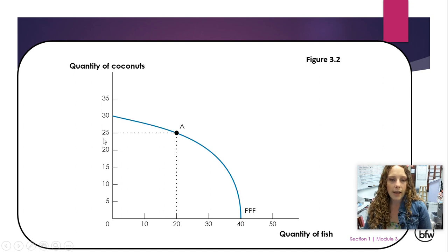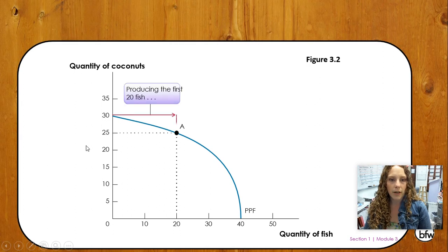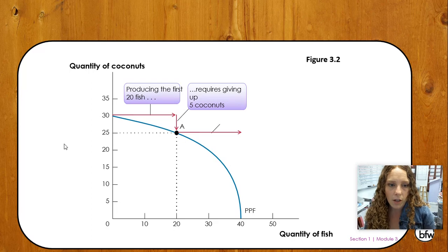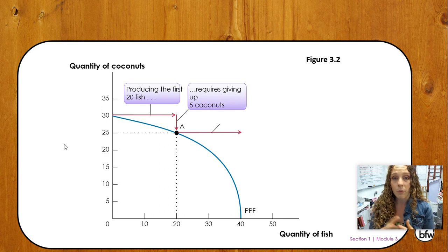All right. Now let's say that they decide they want to produce, there's my cute background. So producing the first 20 fish, when I go from 30 coconuts, that means I was producing no fish. All right. We decide we want to produce some fish. So we're going to do 20 fish. All right. So now we're going to move from there to here. That means that I can't produce 30 coconuts anymore. I can only produce 25. So my opportunity cost was 5 of those coconuts. Okay, that requires I have to give up 5 coconuts. That was my opportunity cost. So I produced 20 additional fish. That cost me 5 coconuts. Okay, so that's what we mean by calculating opportunity costs, and that's how you can calculate opportunity costs using a